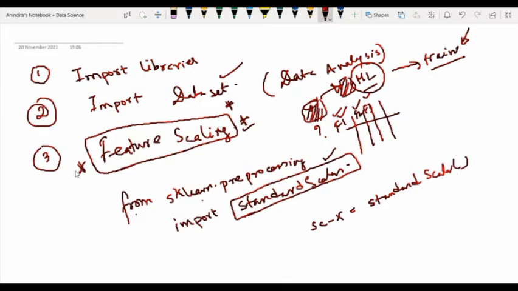So feature scaling is very important, and here I will also tell you one important point about the feature, but later on. So after importing the library and importing the data set, the most important part is, in order to change the data set into a smaller range and make our model learn properly, we will perform feature scaling. Standard scaler based feature scaling is the most common one, but other feature scaling mechanisms are also there. I will talk about that. So this is the third point.